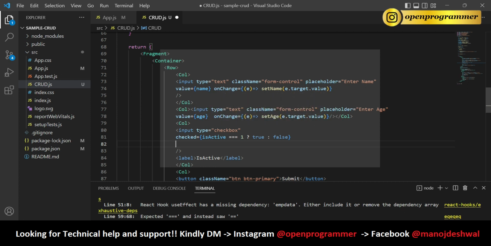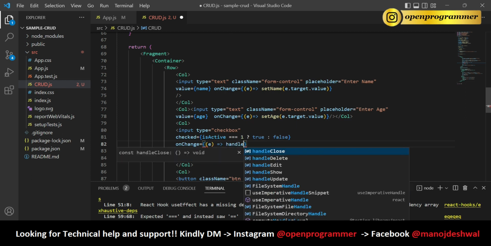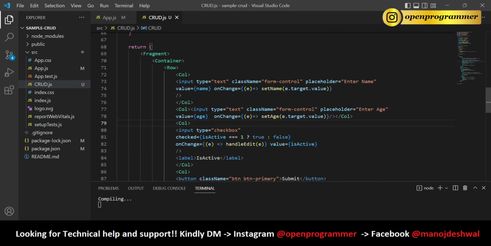for our checkbox. So on change, handle added, so simply pass e, and let's give a value as is active. Save. Same thing we need to do for our